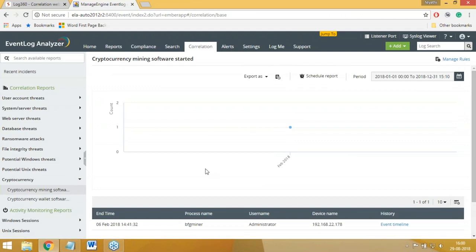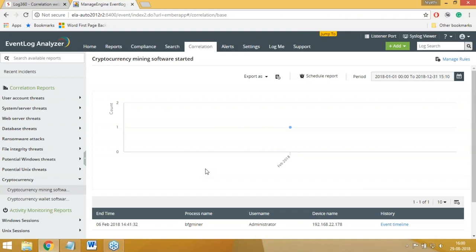Because cryptocurrency mining is a highly resource intensive process, and many people may not have access to the resources that they need to mine cryptocurrency. So very often employees tend to misuse their organization's resources